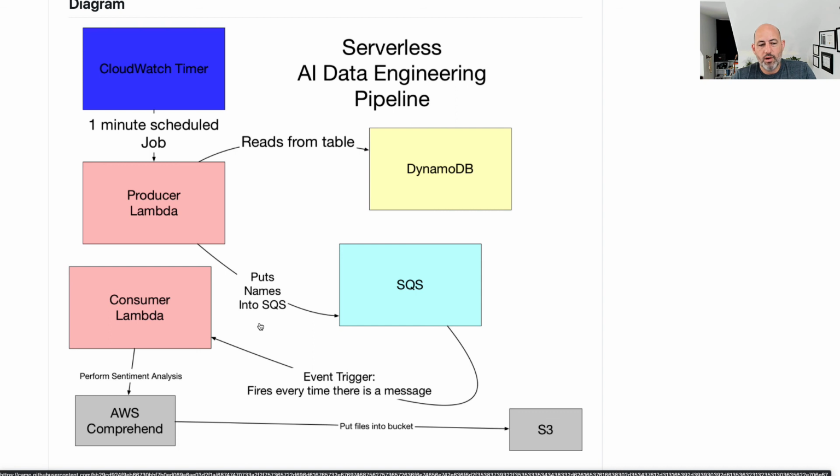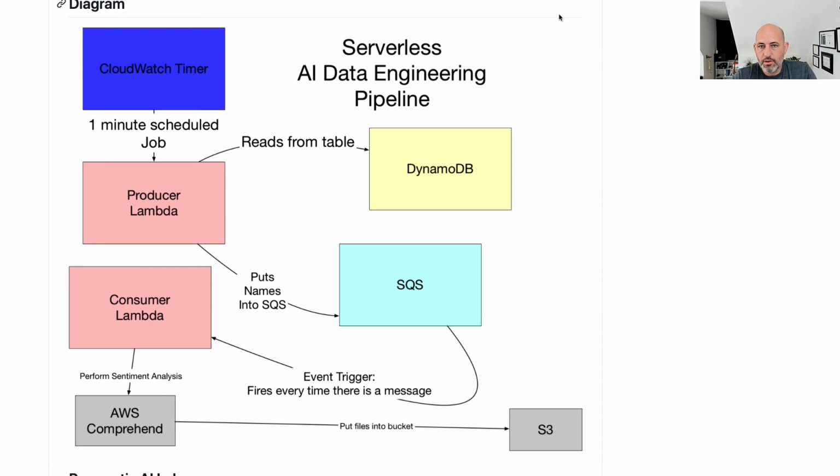So what I'm going to do next here is build a consumer Lambda that can go to the Wikipedia pages of these companies, grab that data, perform natural language processing on the data, and then write the results to an S3 bucket. To do that, what I will do is